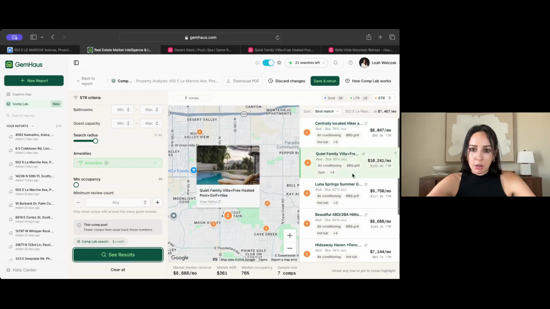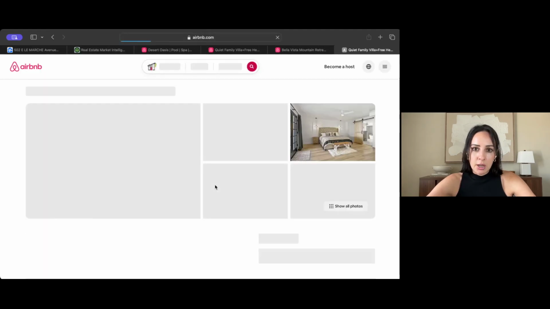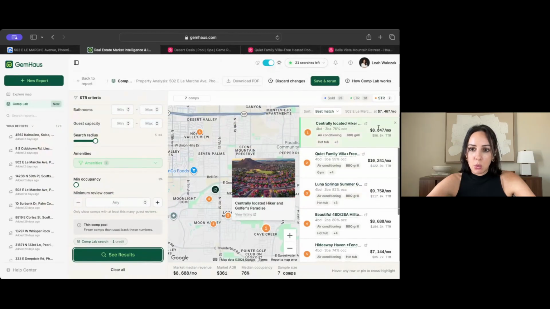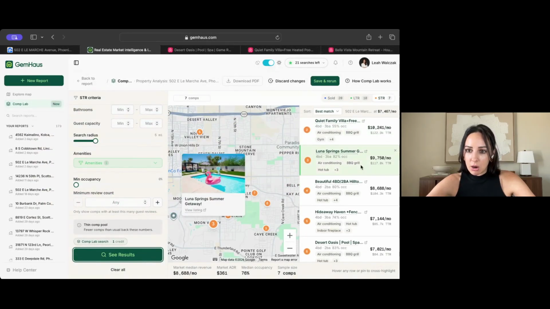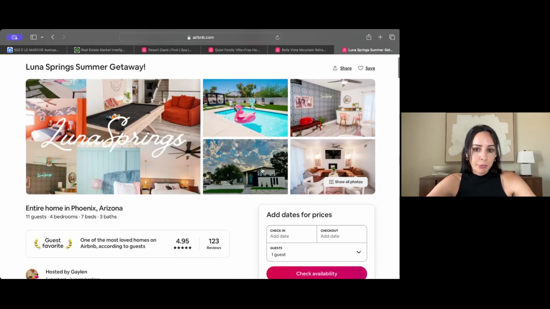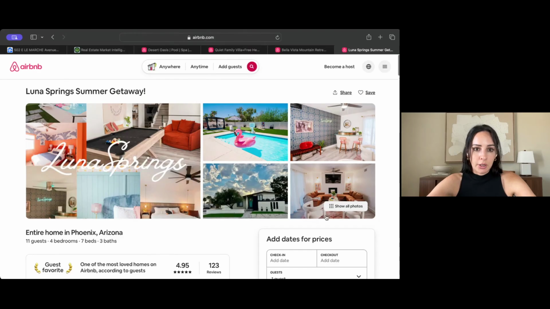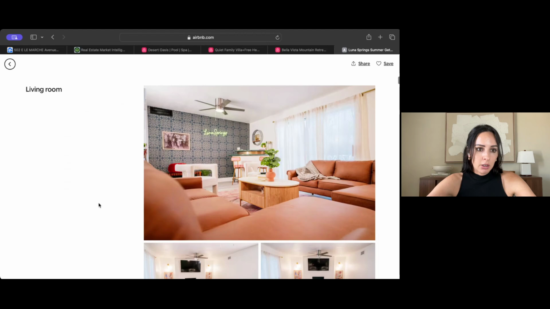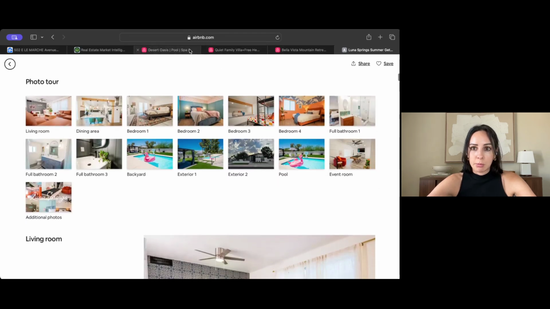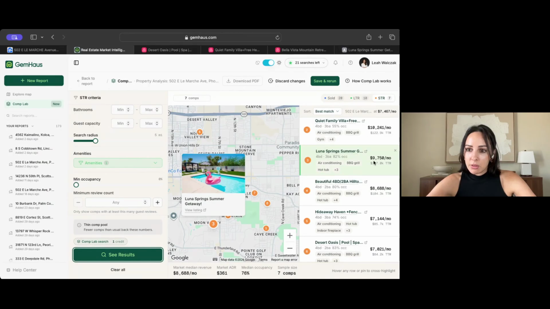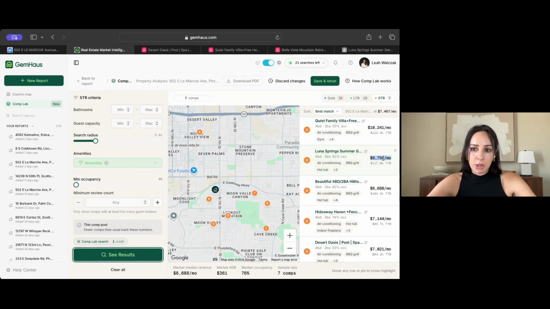Narrowing down the comparable properties, you're really just taking a look and seeing how close they are, appearance-wise at first, to your property. So this property, looking at it from first glance, is a lot more similar aesthetically to the subject property. So this one would be a pretty good comparable,